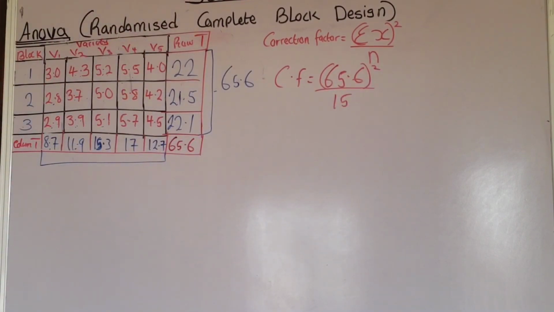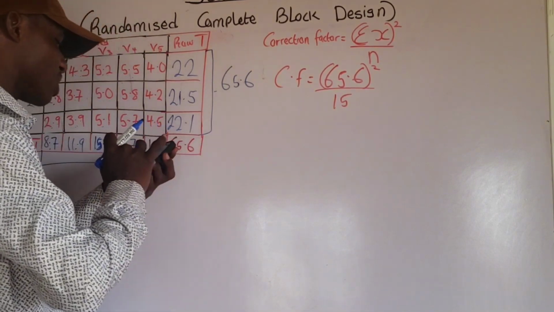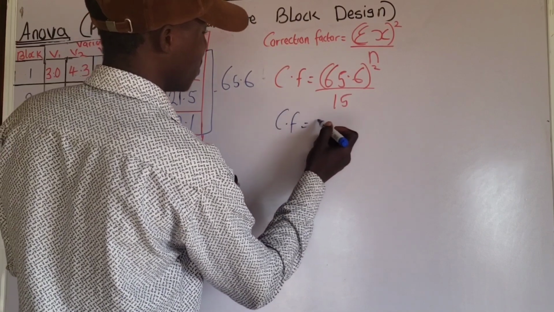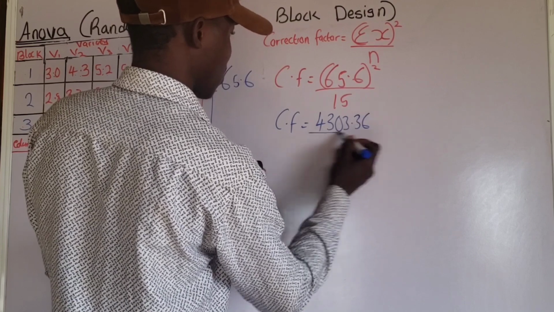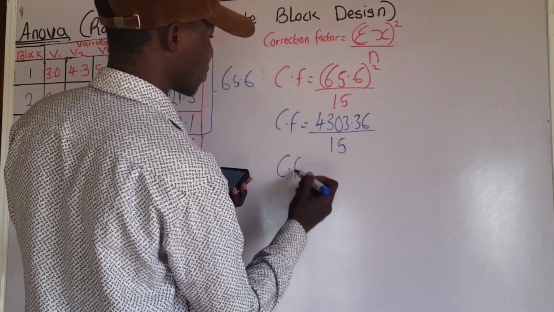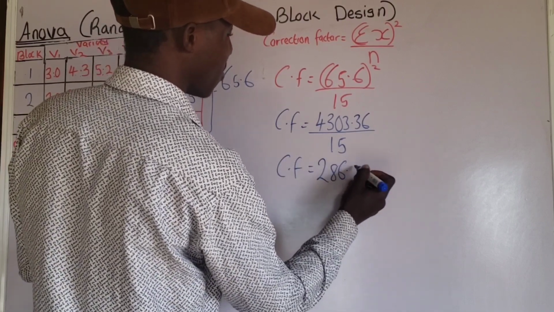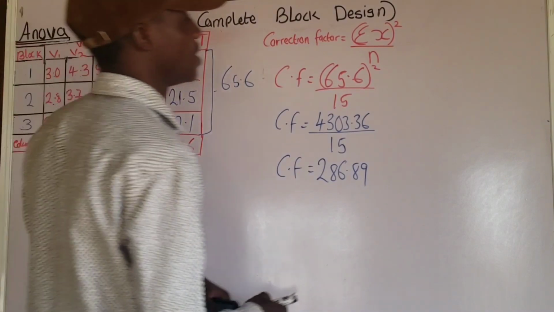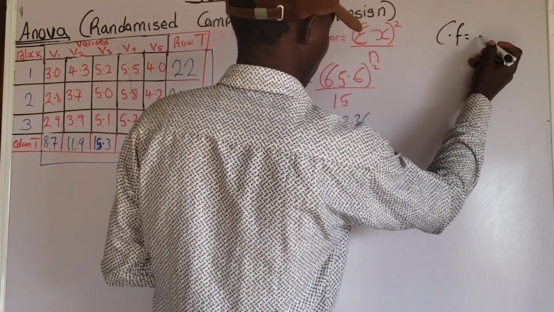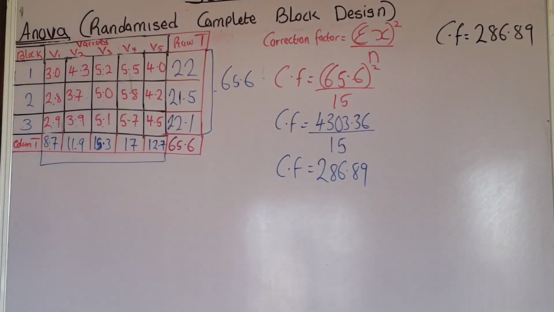Let me change the marker here. Let's use the blue marker. Now, 65.6 squared is 4,303.36. So 4,303.36 all over 15. Hence, the correction factor is equal to 286.89. So let us pen it down. The first parameter that we calculated is the correction factor, which is 286.89. Now, having determined the correction factor, the next parameter that we need to calculate is the total sum